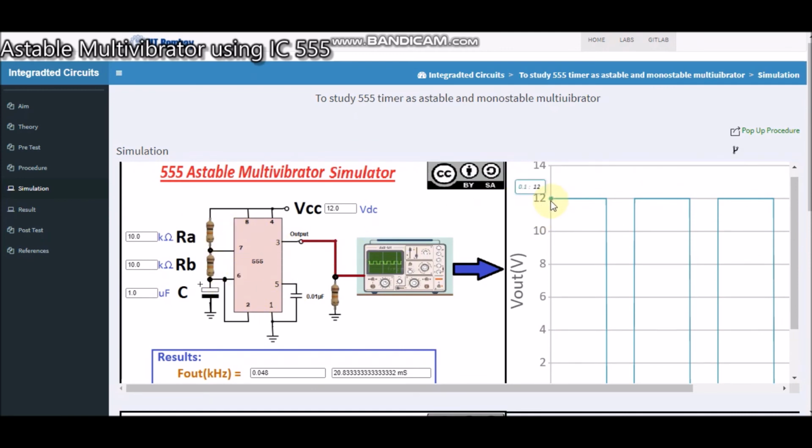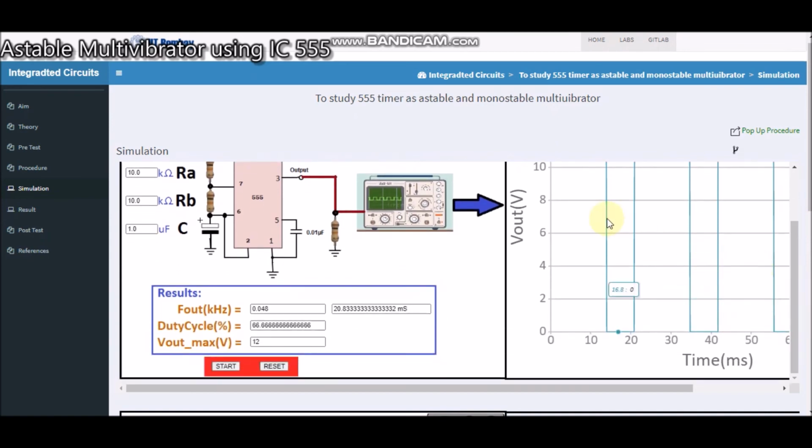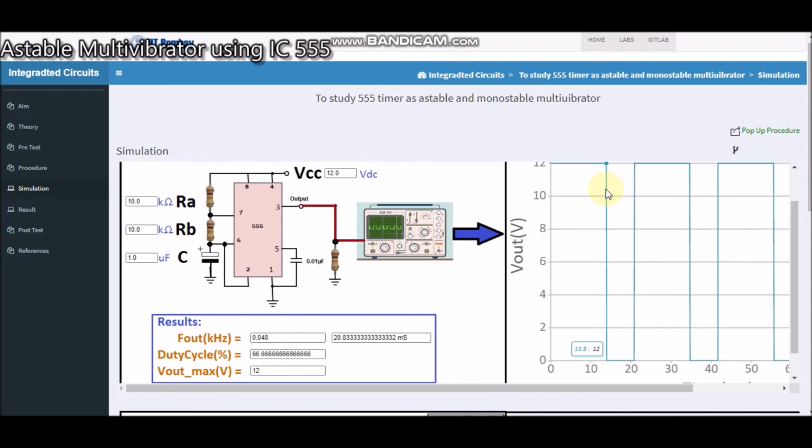You can observe it is starting from 0 and you are getting the on time as 13 point something. If you observe here, it is roughly near about 14. And if you see up to this time, you are getting 20.6 roughly.